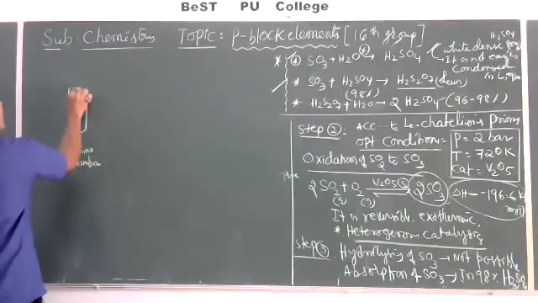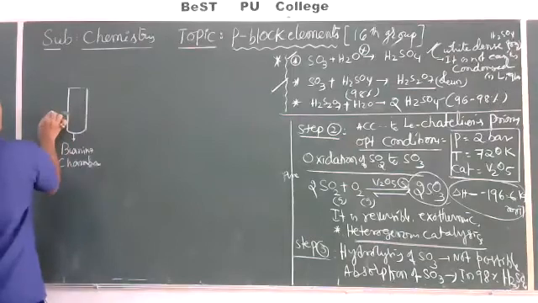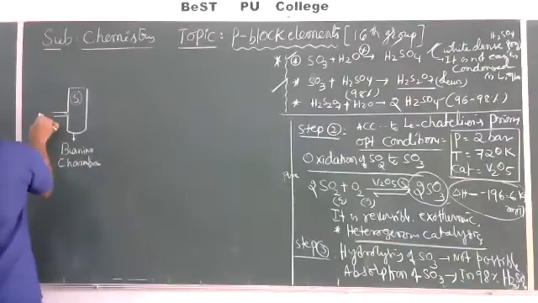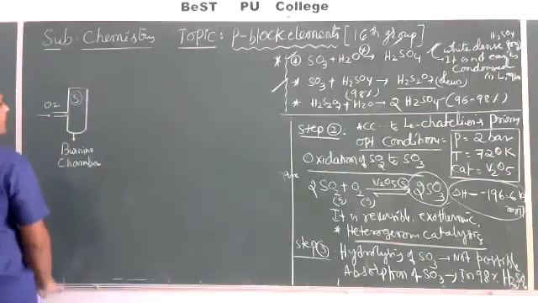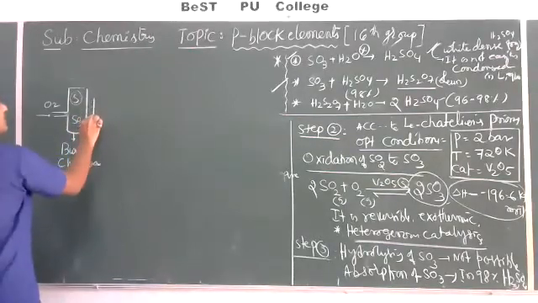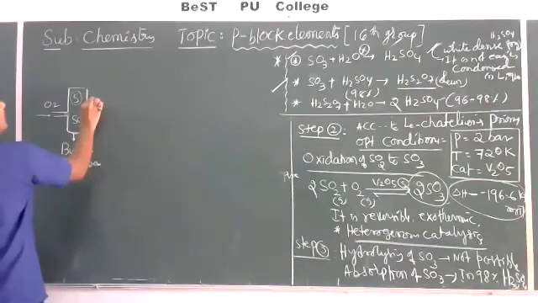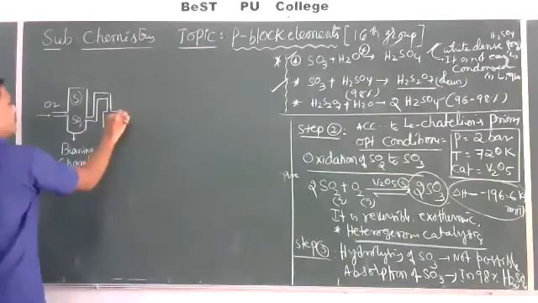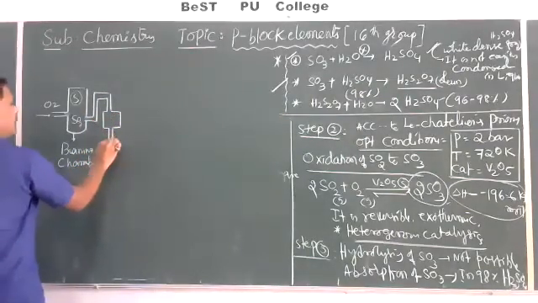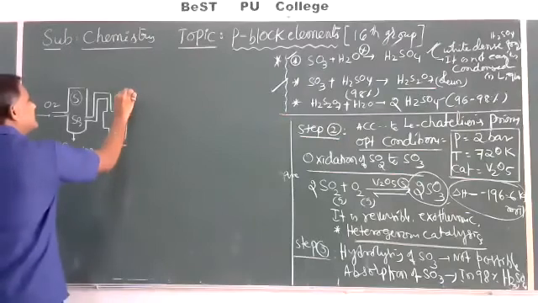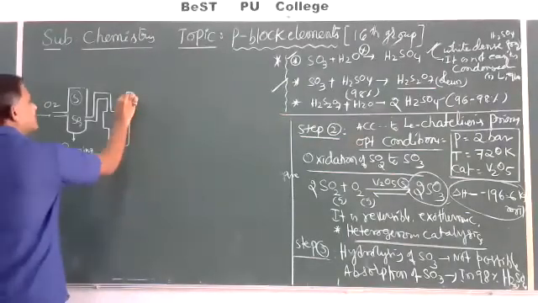Now in this burning chamber, sulfur on complete combustion on heating with excess amount of oxygen produces sulfur dioxide gas. The obtained sulfur dioxide gas contains some impurities. These impurities are removed by using the dust chamber. This is the dust chamber. Now after removing dust impurities present in it, we can send this sulfur dioxide gas into one tower.